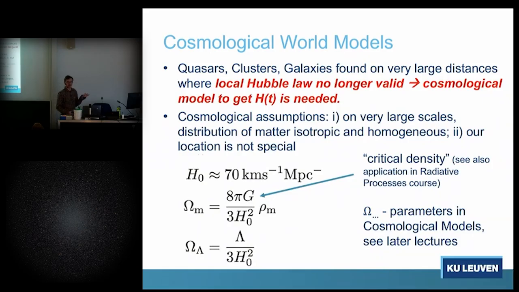There is another parameter that has entered, the lambda in the lambda CDM model, which is Einstein's cosmological constant, normally interpreted as, or variants of it. And that's a repulsive force. And this was actually